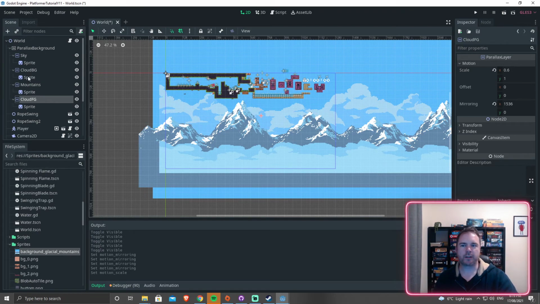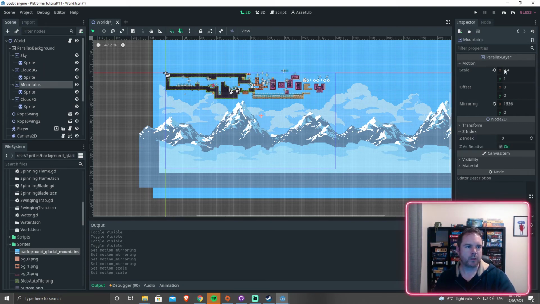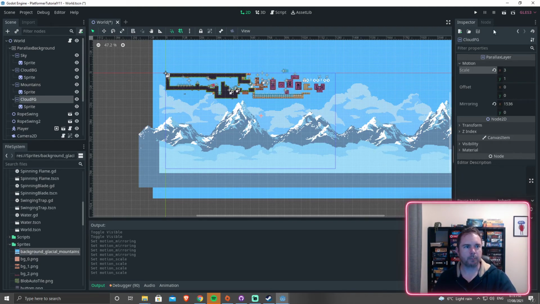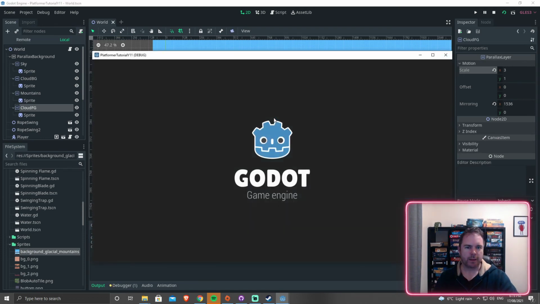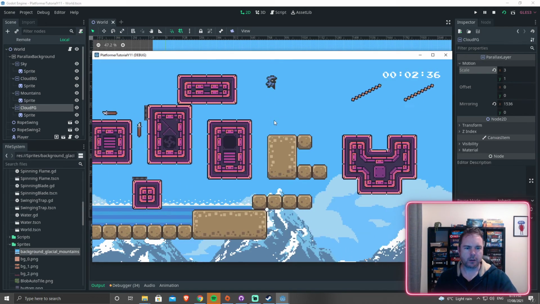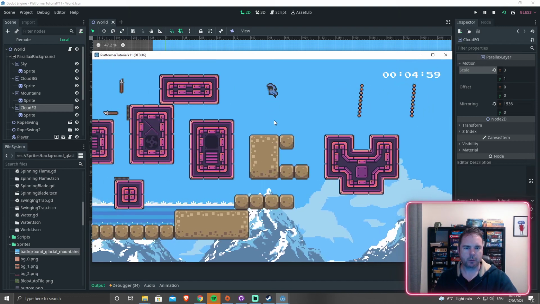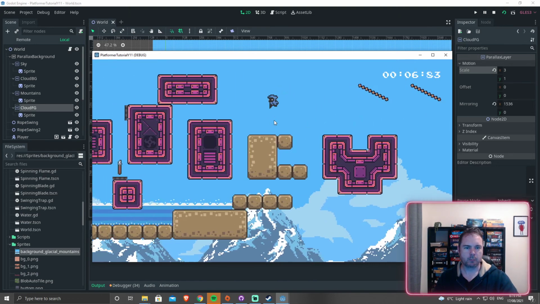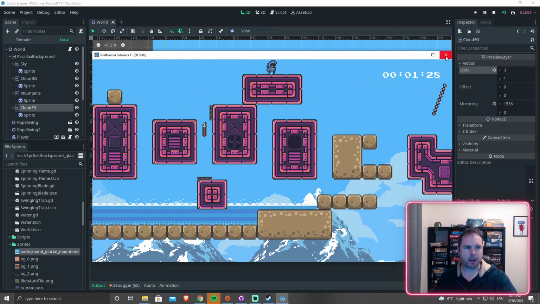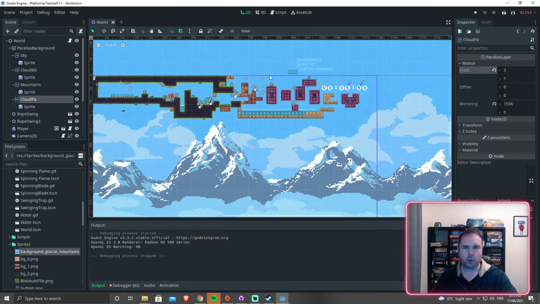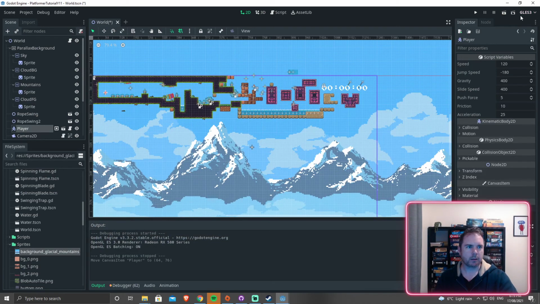I'll actually turn the scale up quite a lot just so you can see what happens. So I'll put this at 1, I'll put this at 2, and I'll put this at 3. You probably won't see the clouds down the bottom. And then I'll run the game. So you'll see here that as I move around, down the bottom, the mountains move quite a bit. Now I can't actually get back up there, so if I move the player all the way back over to the left hand side and start the game from here,